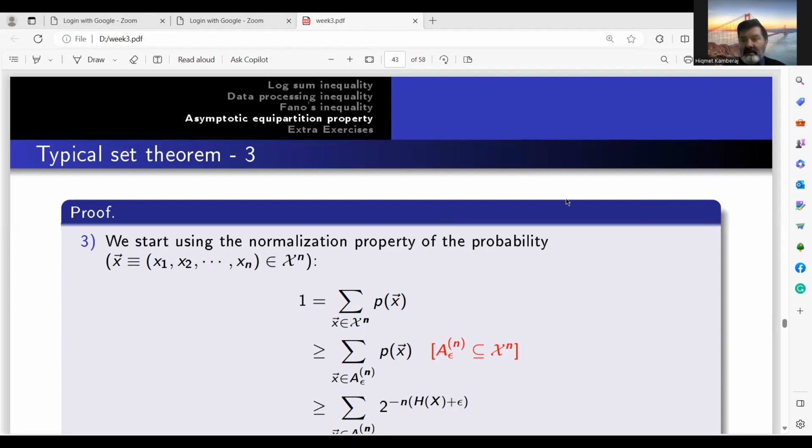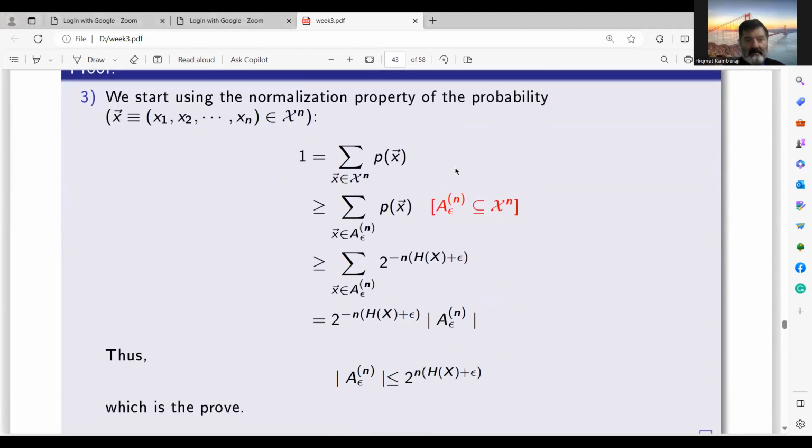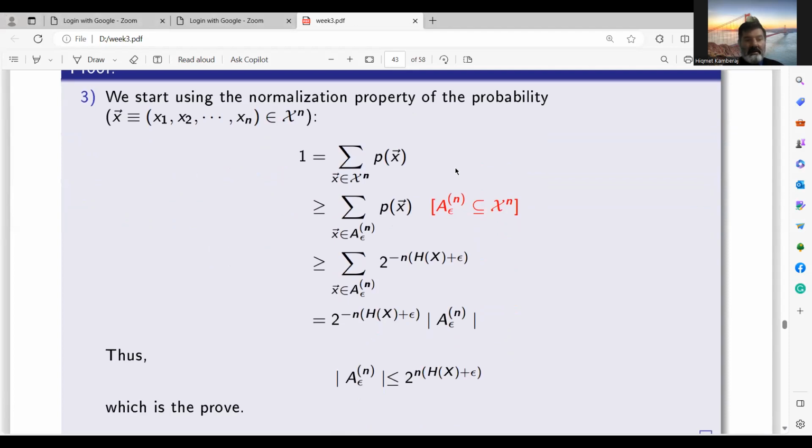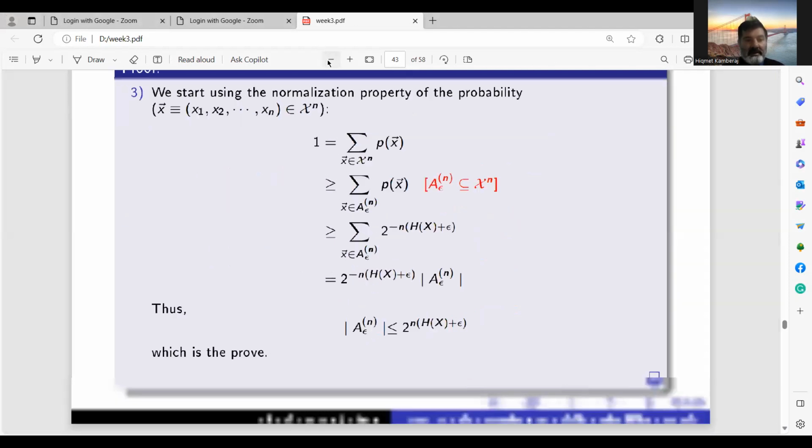All right, now we start. There is a short break. We start this third part of the